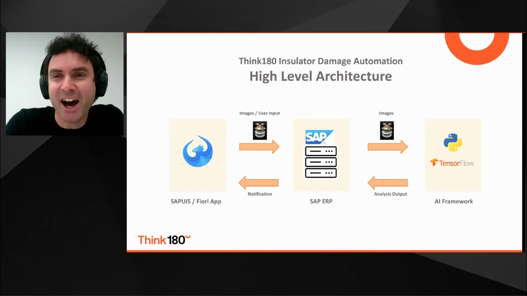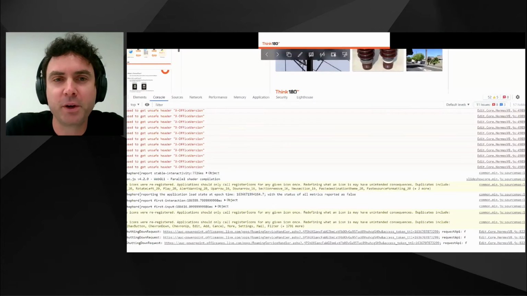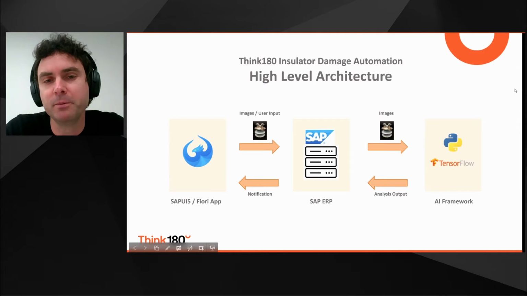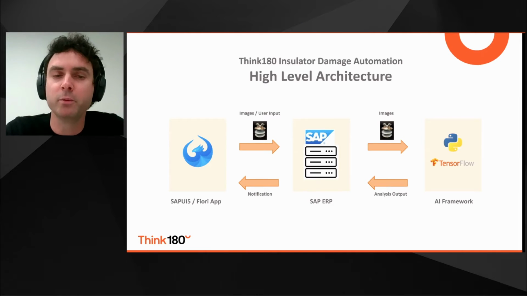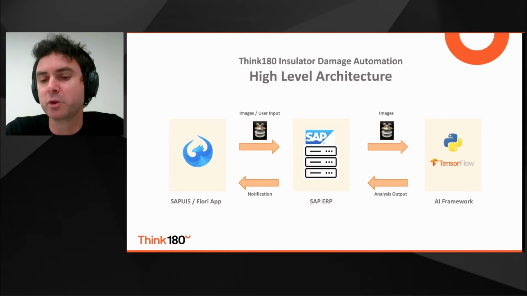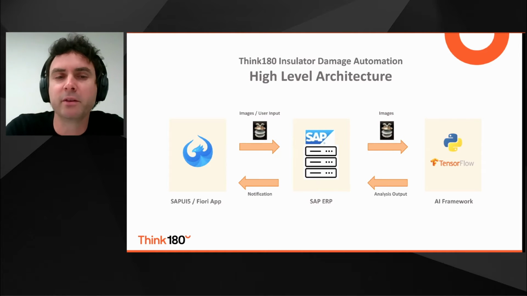I can. Yes, certainly. Okay, so basically we've got three components here. The front end is SAP Fiori, which Ryan can talk to, and we've got the SAP middle component, which is housing all the notifications, and then the back end there, which what we saw is the actual AI component. So I can talk to that. Ryan, you're best placed to talk about the SAP and the Fiori